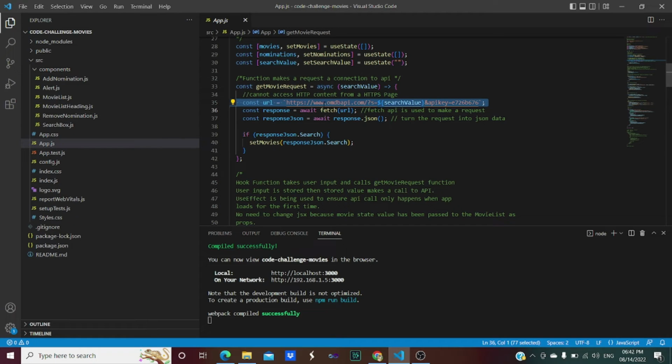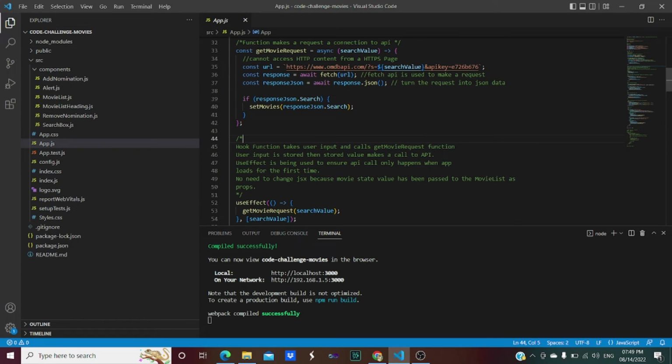And over here, as you are able to see, after the question mark, obviously it is a query string, and within query string it is specified which is the search value, so the value that is given by the user within the text box, and along with that the API key. All those things are specified within this URL, and it is obviously within the query string of that particular URL. Obviously over here this fetch API is used to make the request, and then after that the response is turned into JSON data.